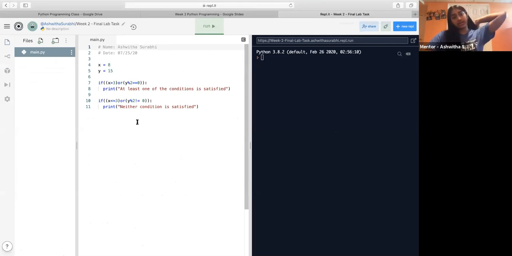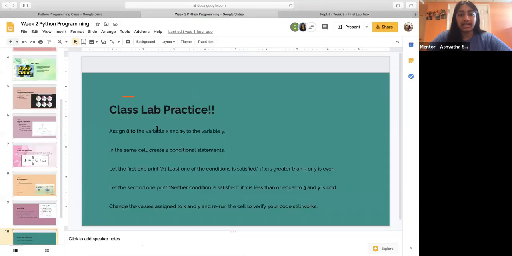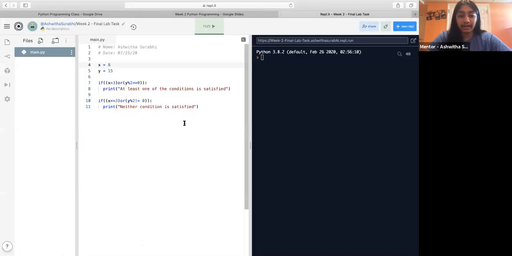So here it is. I'm pretty sure the first instruction was to initialize a variable x to 8 and then y to 15, right? So that's what I did here. I'm just gonna comment that out like this: assign 8 to the variable x and 15 to the variable y. So I'll write that as a comment. Assign 8 to the variable x, right? And then here I'm assigning 15 to the variable